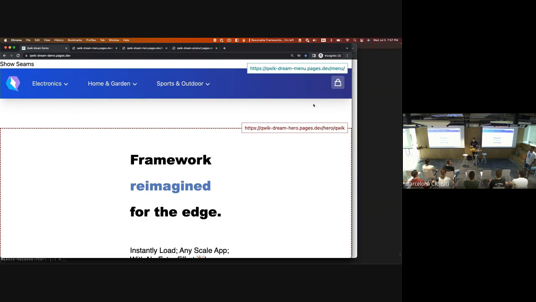And hopefully I've convinced you that none of this stuff is crazy. It's pretty simple. Every single step is a pretty straightforward thing. And so the really nice thing about Qwik is that it has this property that you can just concatenate the applications together, right? So if I go,